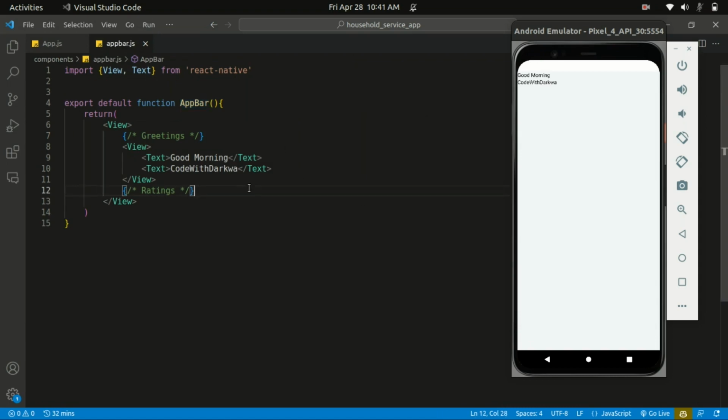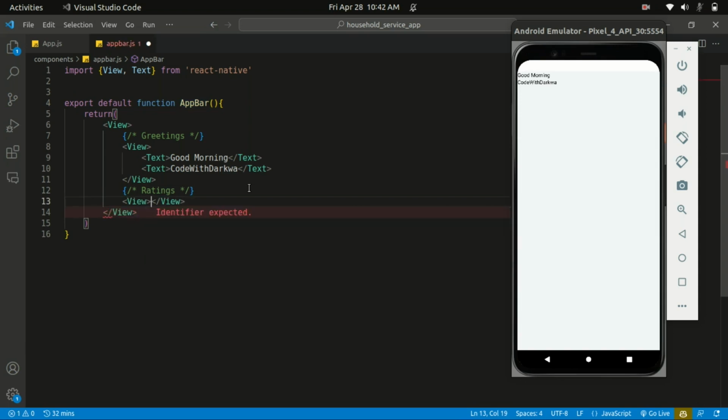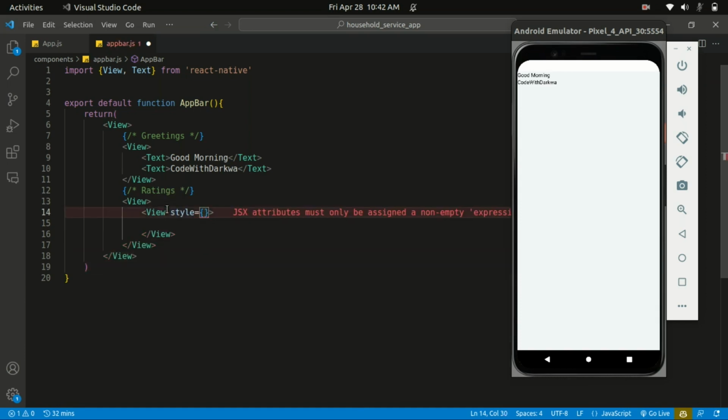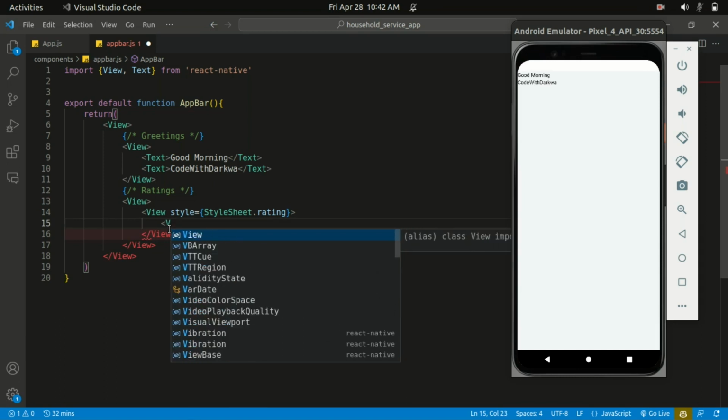Under the rating, I'll also be having a View, and this View is going to also contain another View. Within this, let's first of all style the inner View. To style the inner View, we use the StyleSheet. So you do styles.rating. And within that View, we specify another View over here,